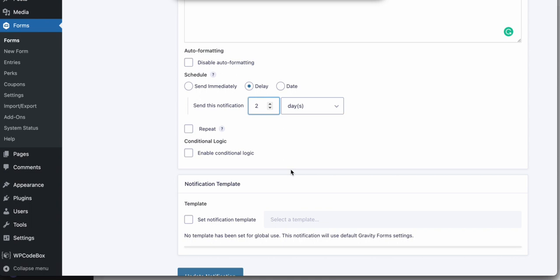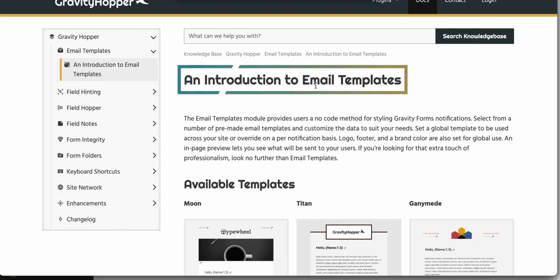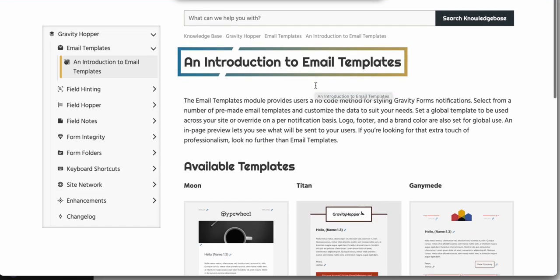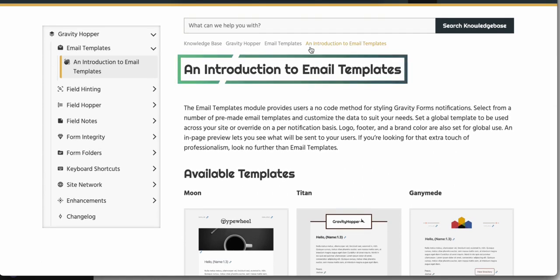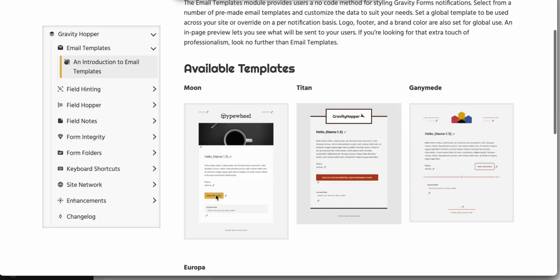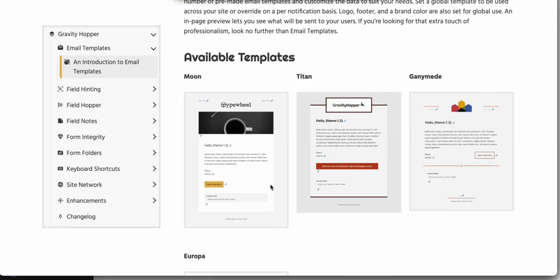Now the second plugin, if you want to, let's say I want to do my newsletter through Gravity Forms instead of using MailChimp, I can do that. Okay, and the plugin we're going to use for that is called Gravity Hopper. And Gravity Hopper has a feature called email templates. So what email templates allow you to do is very easily design a much nicer email, an HTML email, instead